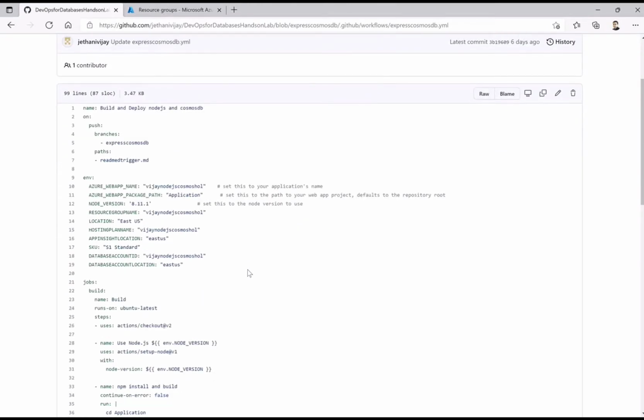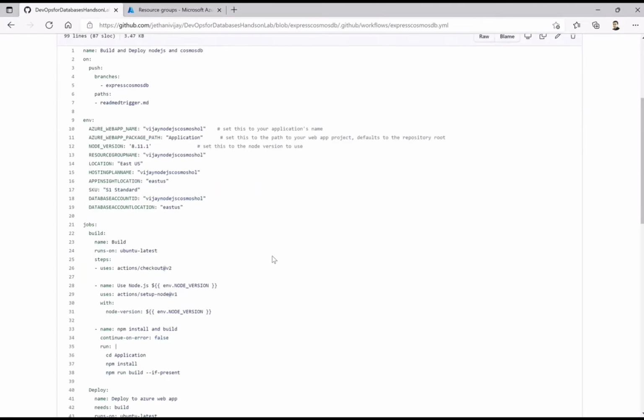Okay, apart from that, obviously the way you specify your environment variables, we are actually giving the name to our website. Now in my case it is Vijay Node.js Cosmos hands-on lab, that is HOL. Similarly, the path I have set, the versions and relevant location and all the details which I need from an Azure perspective. So these are the environment variables I'm defining here. Now that I'm through with the name, the trigger, and the environment variables,